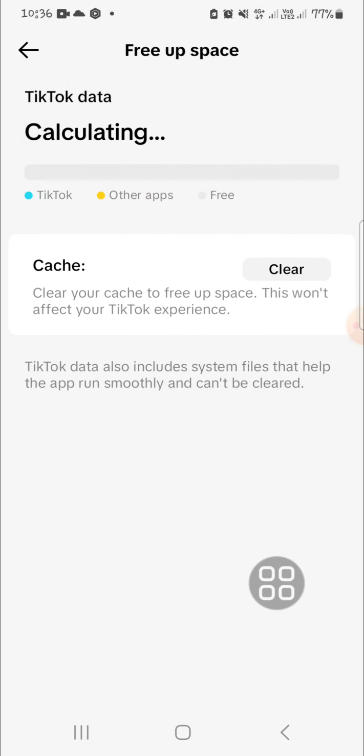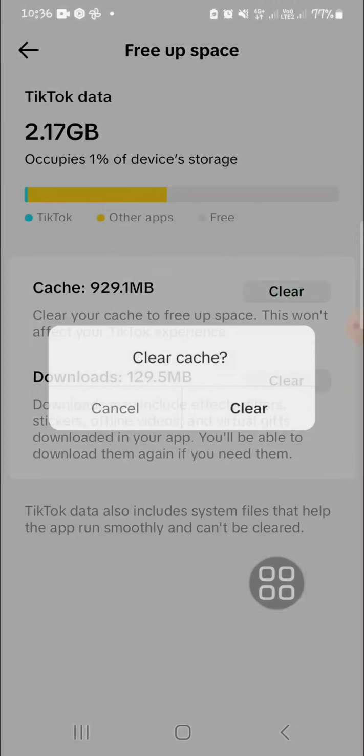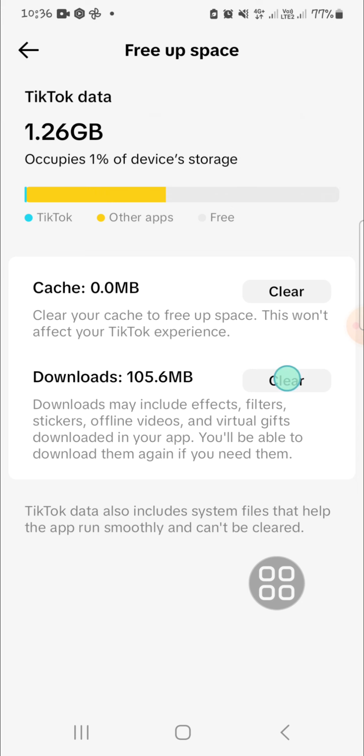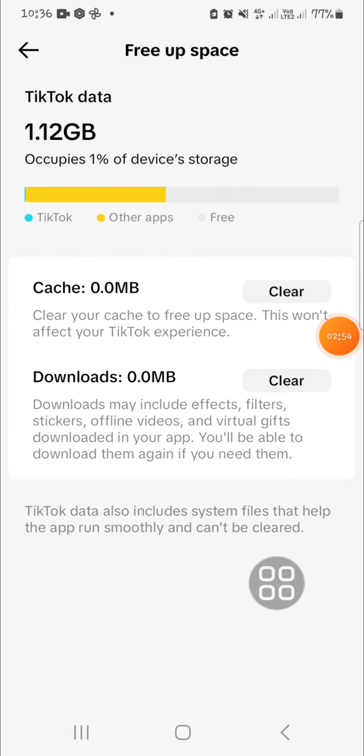Okay, and here we'll be able to clear the TikTok cache. Okay, I'm going to clear it, and for the downloads as well. Okay, now it's done. Okay guys, and that's all the way to fix repost option not